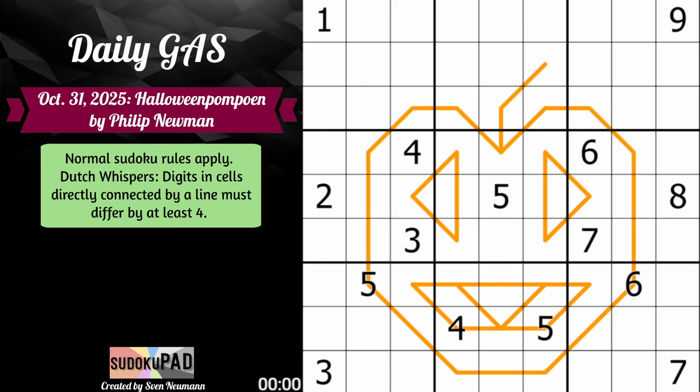Normal Stoker rules apply. Dutch whispers, digits and cells directly connected by a line, must differ by at least 4. So what exactly does that mean? Well, similar to German whispers, where we differ by at least 5, what we'll see almost always is that